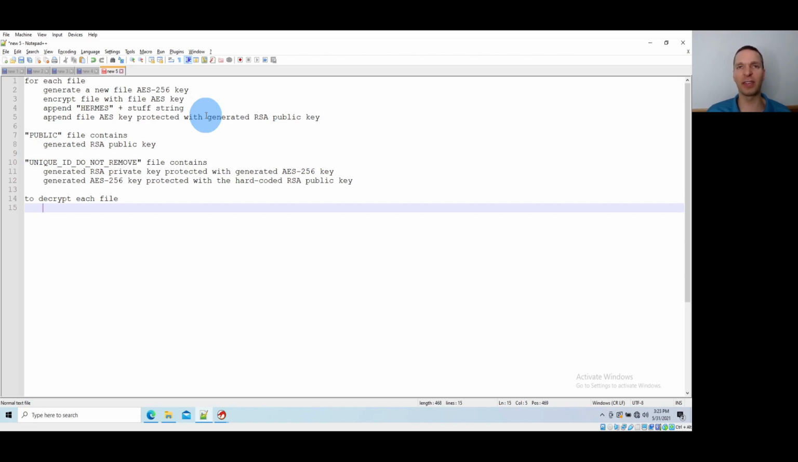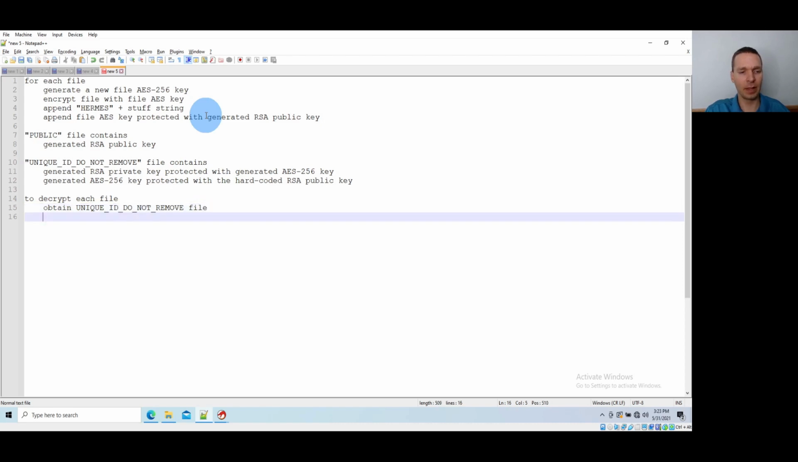But if we don't understand how you build those processes, we won't know where to look for vulnerabilities. So to decrypt each file, we need to obtain the unique ID "do not remove file", and then we use the actor's RSA private key to decrypt